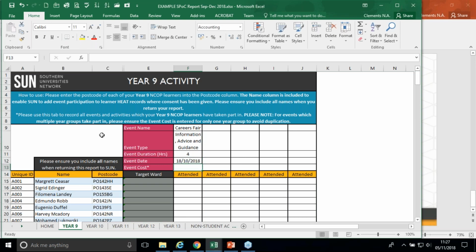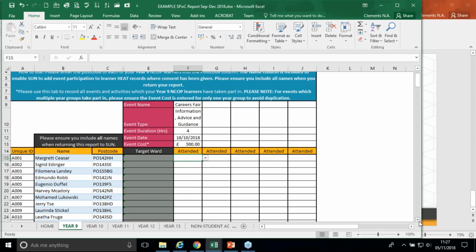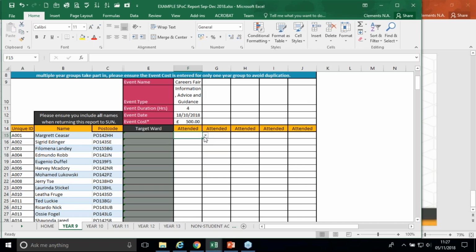2018. The cost, we're just going to put in £500 for now, and that, again, as Naomi said, it should include everything in terms of travel, the venue, the staff time, all the costs that you incurred as part of that event. If you could add them up and pop them in there, that would be brilliant. And because we're saying this is a careers fair for the entire school, if you could select 1, so with